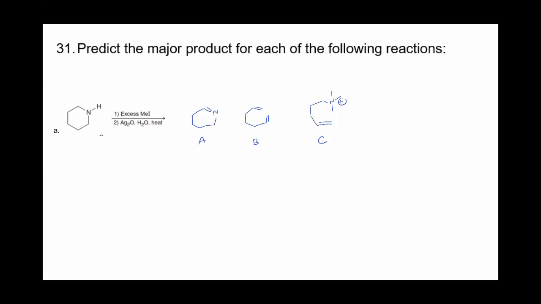All right, actually, there's a third option here. So the N is going to get methylated, and it will only get methylated 2 times because it already has 2 bonds. So we're going to add 2 methyl groups here. And then we're going to do an elimination. So you can break on either side because it's going to give us the same thing. So it's only going to do 1 elimination.